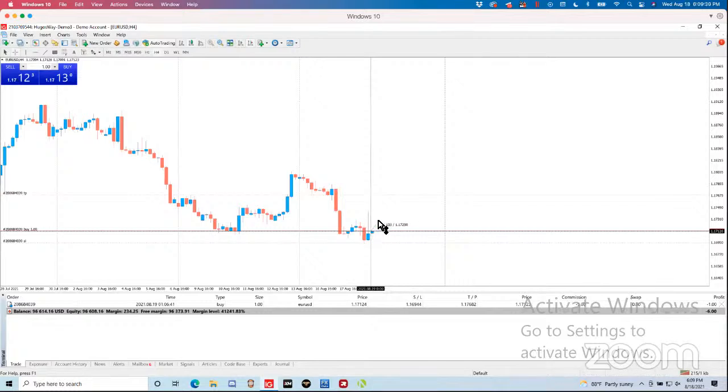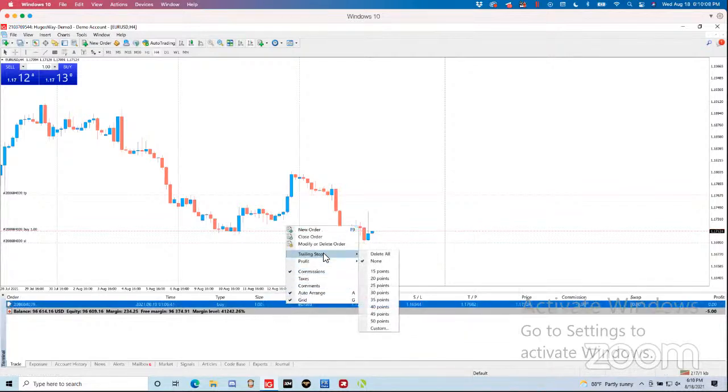So let's say we're in this trade like we are right now, and as soon as it goes 15 pips, I want my stop loss to move from that low to break even. If you were to try to manage this from your phone, you would need to know that 15 pips is 1.17276. And you would also need to be awake to do this, right? But you can right click on the order from the chart, go to trailing stop, or you can right click the order from the terminal, go to trailing stop, come down to custom,